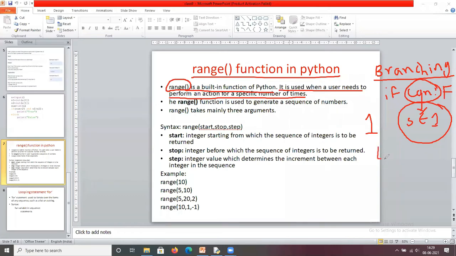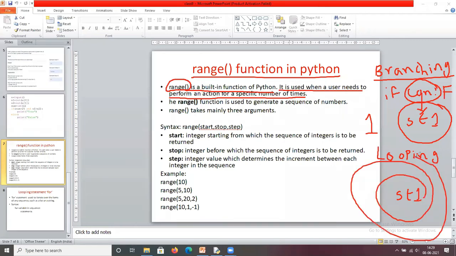Coming to looping, what is looping? Looping is nothing but executing the statements until a condition is false. Here, instead of conditions, you are going to use the range function for some cases. So what is the range function? Range is a built-in function in Python.